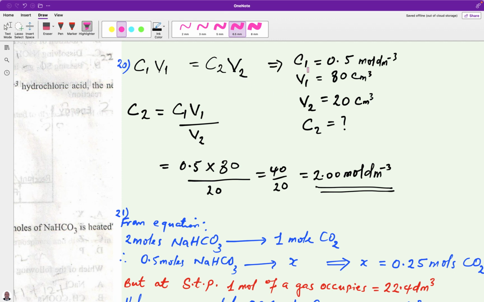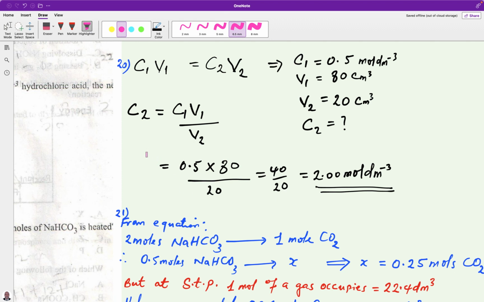Now, initial concentration was 0.5 mol/dm³, and the initial volume was 80 cm³. The final volume was 20 cm³, and the final concentration, that's what we have been asked to calculate, the net concentration. Making C2 the subject from this equation, we can now say it is C1V1 divided by V2,